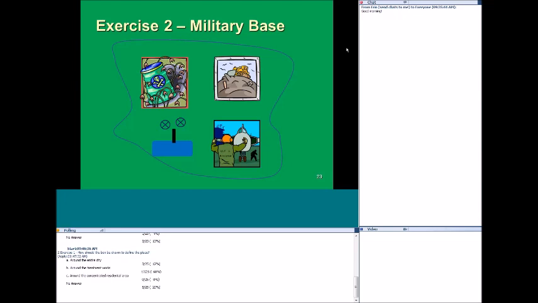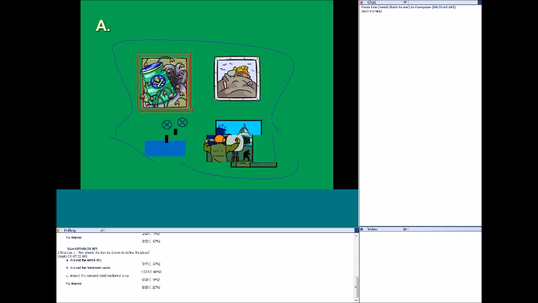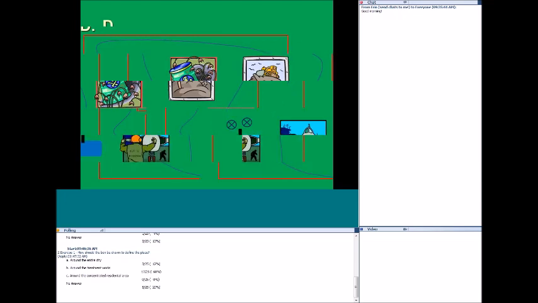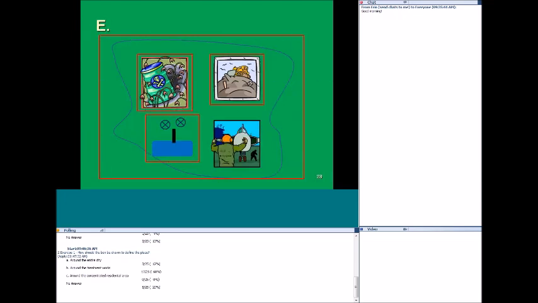So thinking along the same lines as the exercise we just did, how would we draw our box? Would we draw it around just the cleanup site? Would we draw it around just the landfill? Would we draw it around just the sewage treatment plant? Or would we draw it around the whole site, the whole military base? Or would we do all of the above?